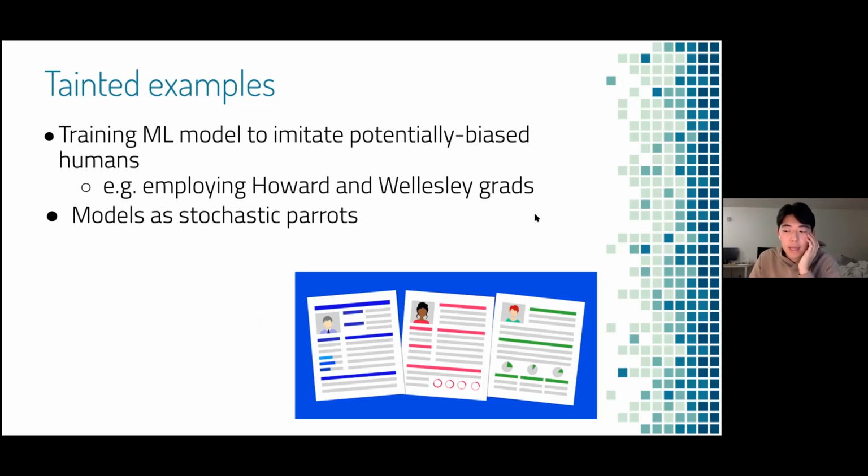So if we have an actor which is already biased and we want to train an ML model based on that actor, or based on data collected by this biased person, we're only going to perpetuate bias throughout our model. An example of this can be a biased recruiter who doesn't favor students coming from Howard, which is an HBCU, and Wellesley grads, which is a liberal arts college for girls. If we were to take this data as is from the recruiter of which students would be a good fit for our company and push that into our model,